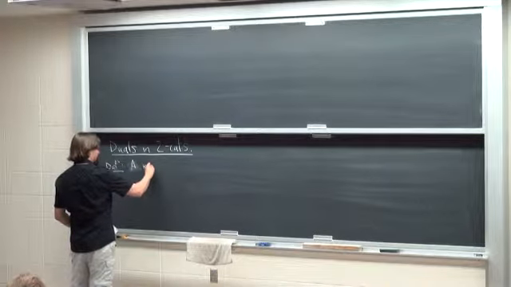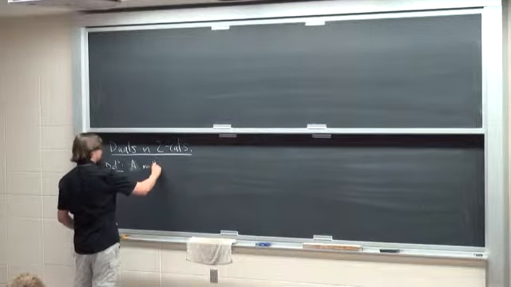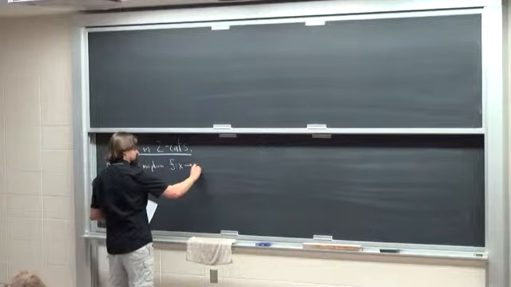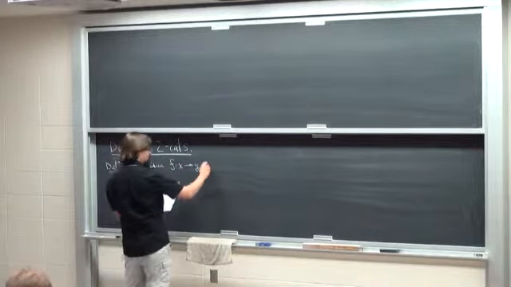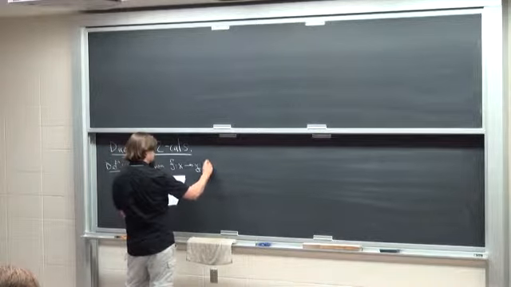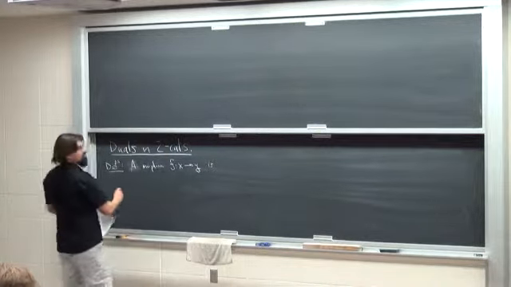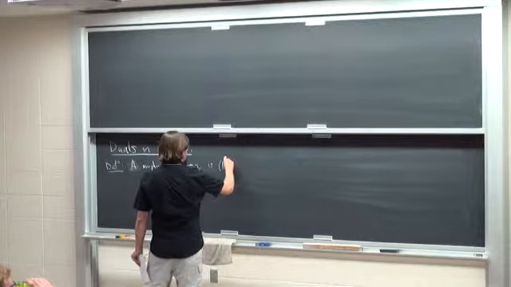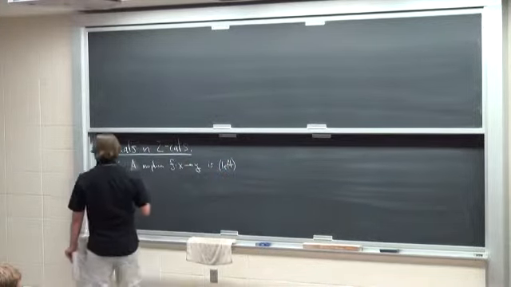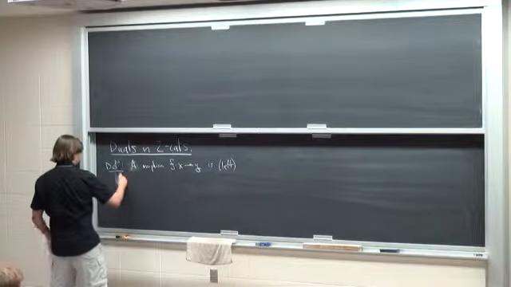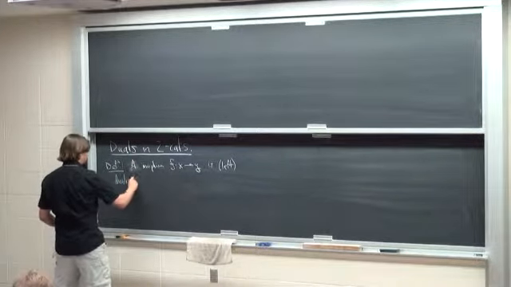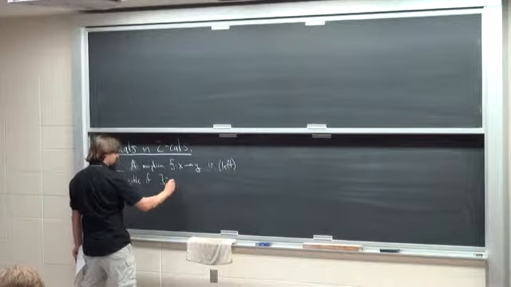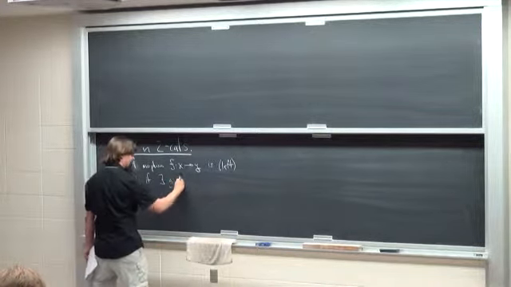A morphism, a one morphism in a two category is left dualizable if there exists a morphism G going the other way